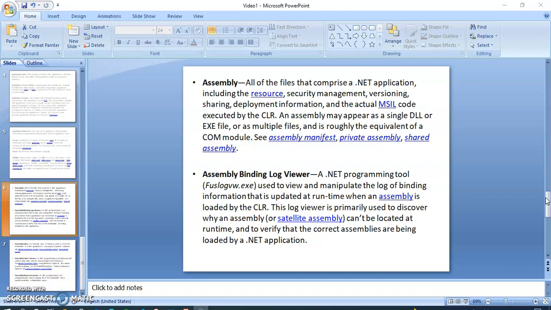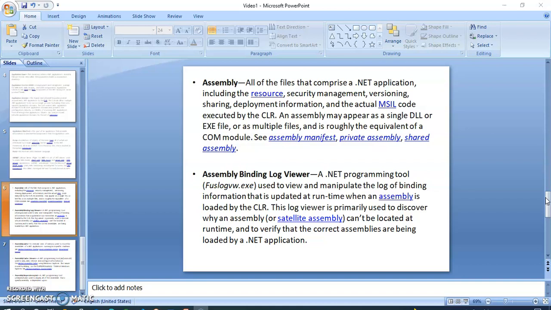An assembly may appear as a single DLL or EXE file or as multiple files and is roughly the equivalent of a COM module. And then we will see the assembly manifest, private assembly, and shared assembly.